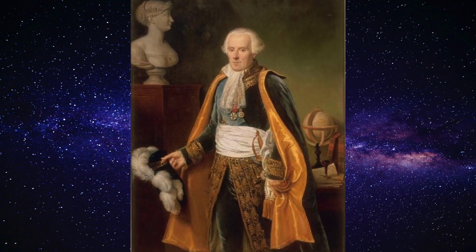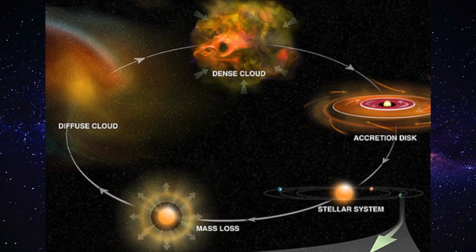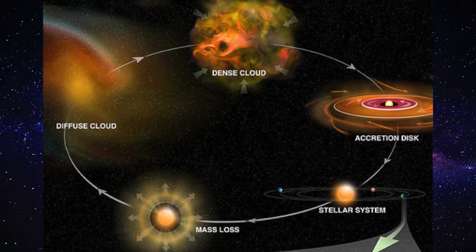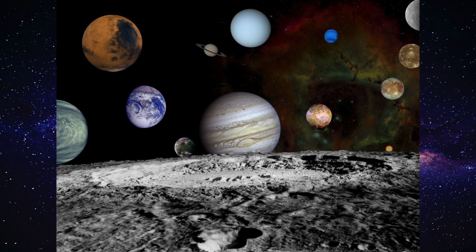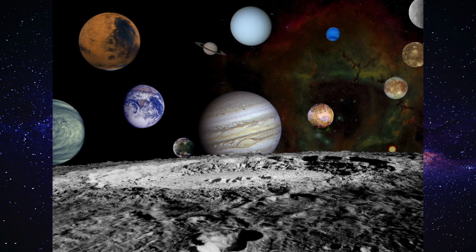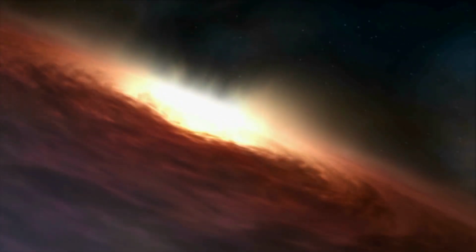Laplace was a French mathematician who propounded his nebular hypothesis in the year 1796. Laplace's nebular hypothesis was in some way similar to the gaseous hypothesis of Kant. Laplace's hypothesis is a modified version of Kant's hypothesis. Laplace postulated the hypothesis after removing some of the erroneous concepts of Kant related to the nature and motion